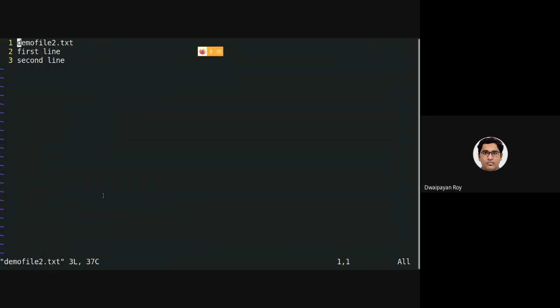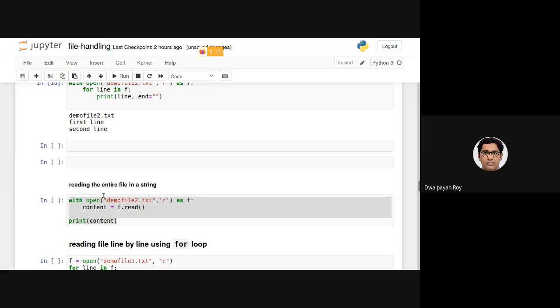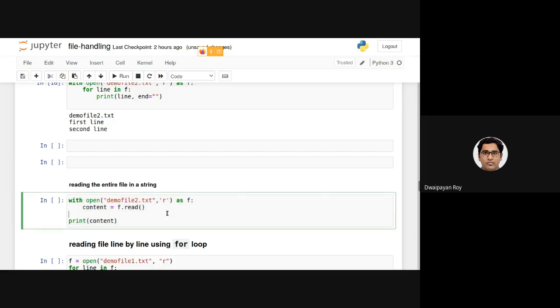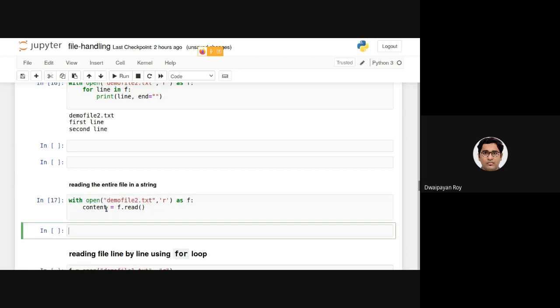So there is another function, as I was saying, called read. It will read the entire file, entire content in the file at a time into a string. So here, this will be basically reading the content as a single string.